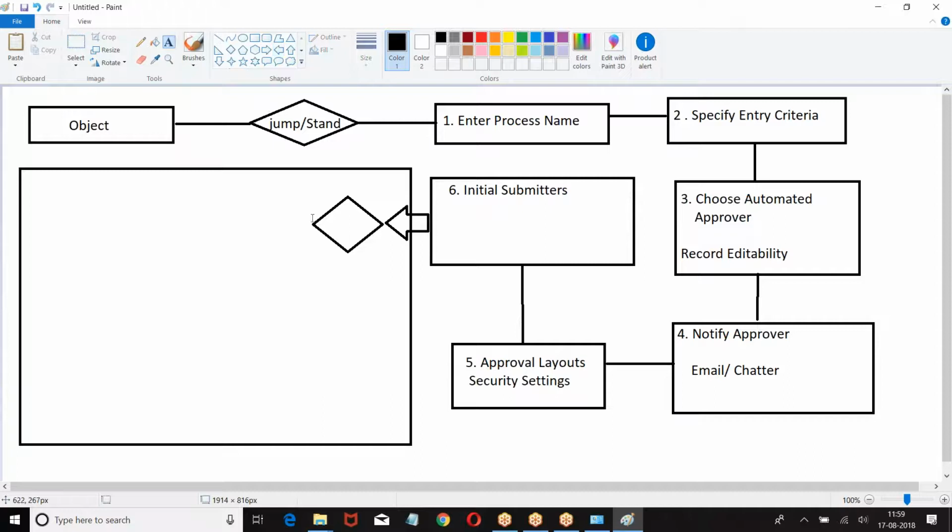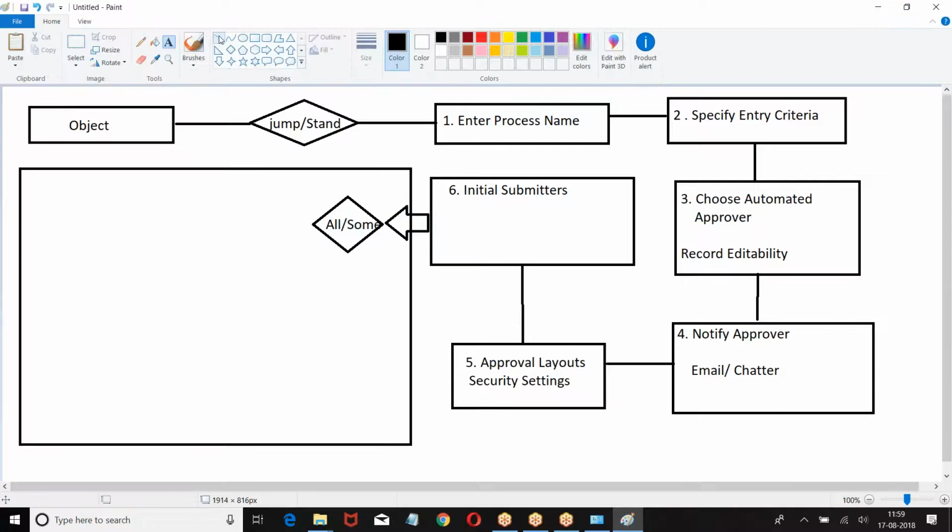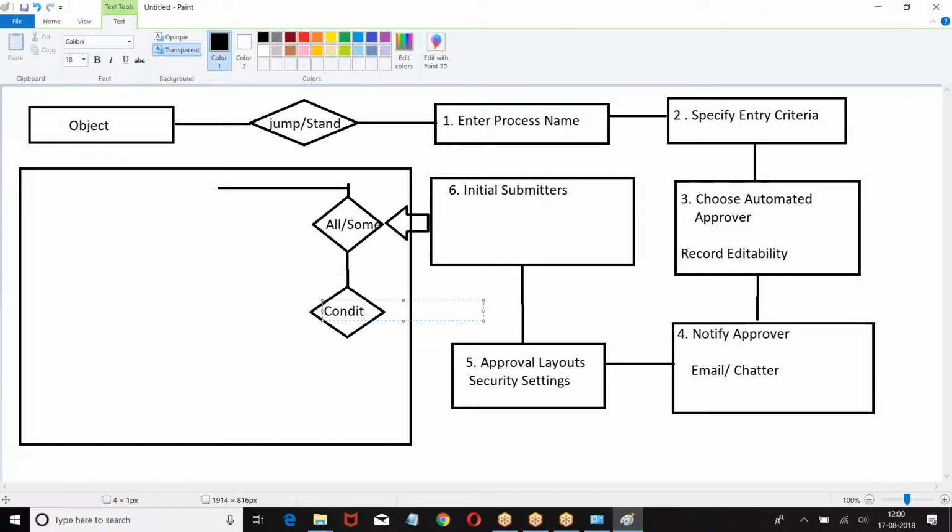All or some? All. No, I say some. Now when you say some of the records, then we have a condition. We have all or some, and the condition.